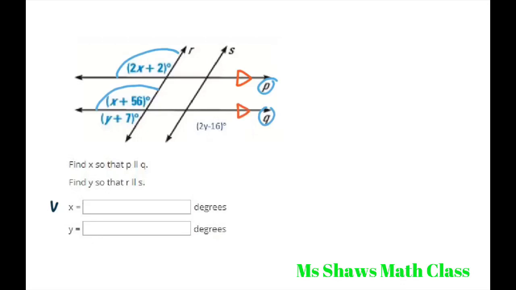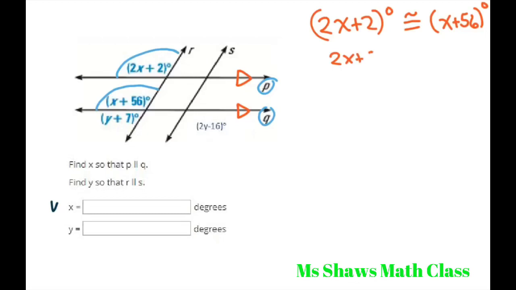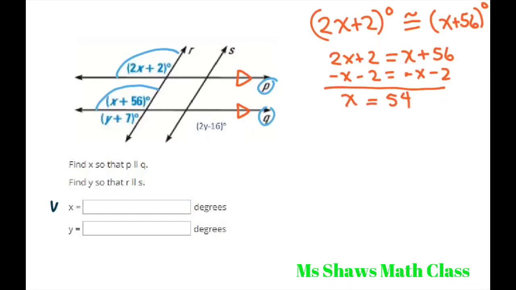All right, so set them equal to each other. 2x plus 2 degrees should be congruent to x plus 56 degrees. So we have 2x plus 2 equals x plus 56. So I'm going to subtract x and subtract 2 from both sides. Subtract x and subtract 2. So you get x equals 54. All right, so x equals 54,